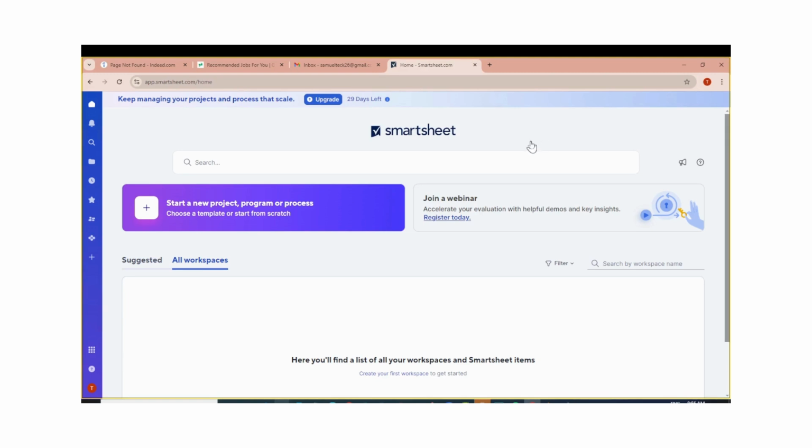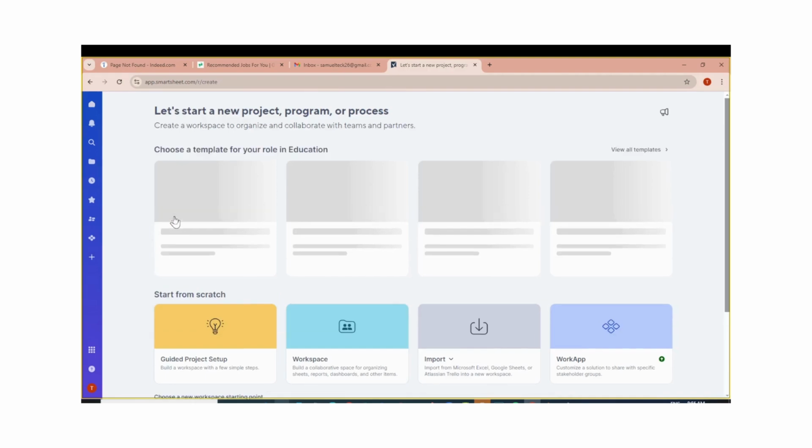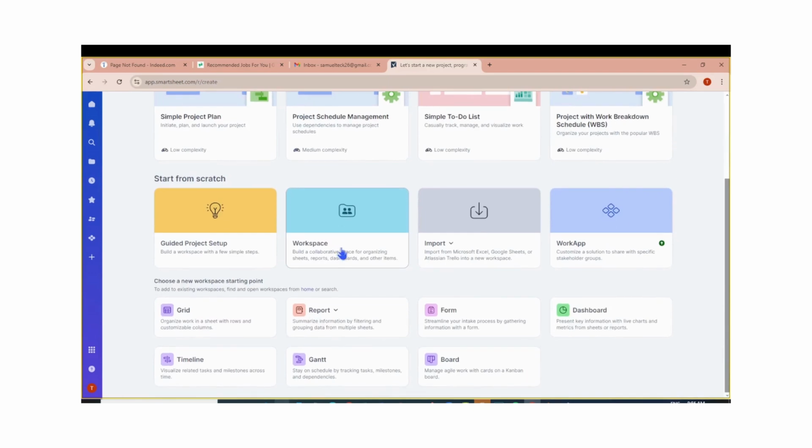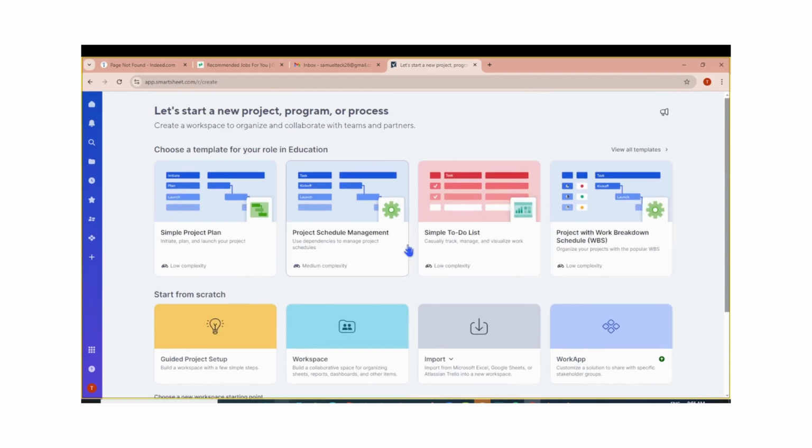You can create your first sheet in many ways. You can start your first sheet by clicking this Start a new project box. It will show you all the templates, which will give you different options of picking a template design that matches your tasks, like budgeting, project planning, feedback form,